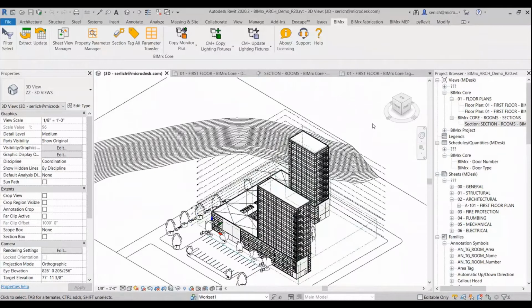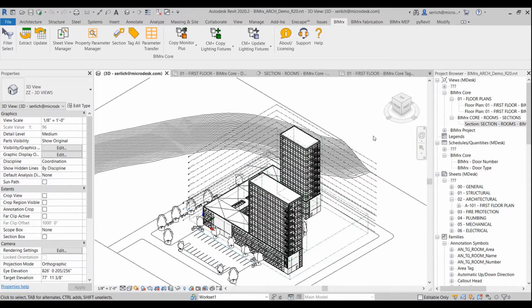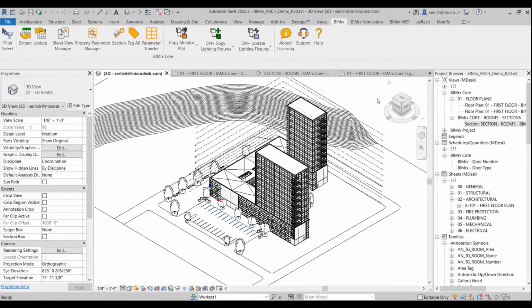a project workflow. As a BIM manager, a lot of times I'm tasked with setting up all the views and sheets in a project. Sometimes this takes a week or more. Clients bring me onto a project and task me with just a week of setting up views and sheets. This is a really low-level task that I can now automate and create really quickly using BIMrx Core and my Sheet View Manager, and allows me to now spend less time on this and focus my efforts elsewhere on the